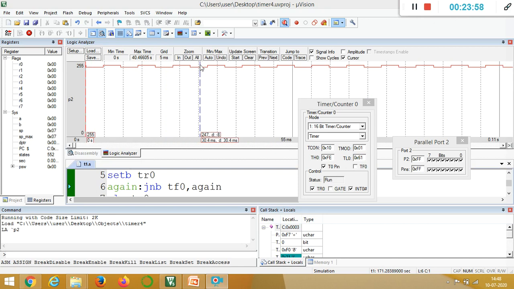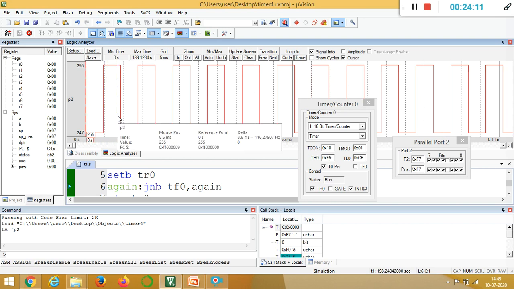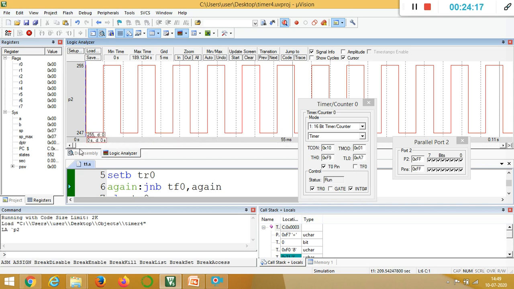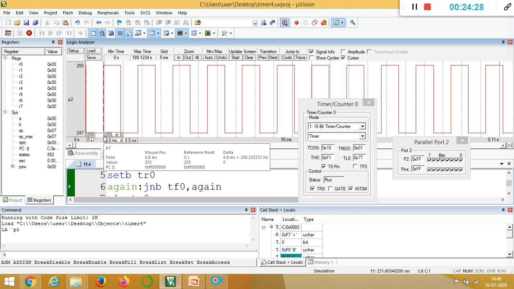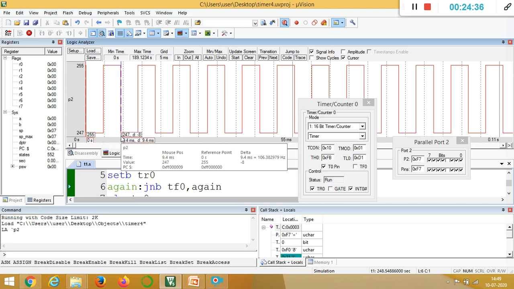If you want to zoom the waveform, press auto here. So you can see the waveform. Now I will stop this waveform so that you can see it clearly. I told you this is the waveform displayed in P2.3 for a 5 millisecond pulse width. Here you can see the first end, that is 0 second. Below there is a D, so that is 0 second. When I move this cursor to half a pulse, we can see 4.8 millisecond. It is approximately 5 millisecond. Then when I move to the entire period, it is approximately 10 millisecond.